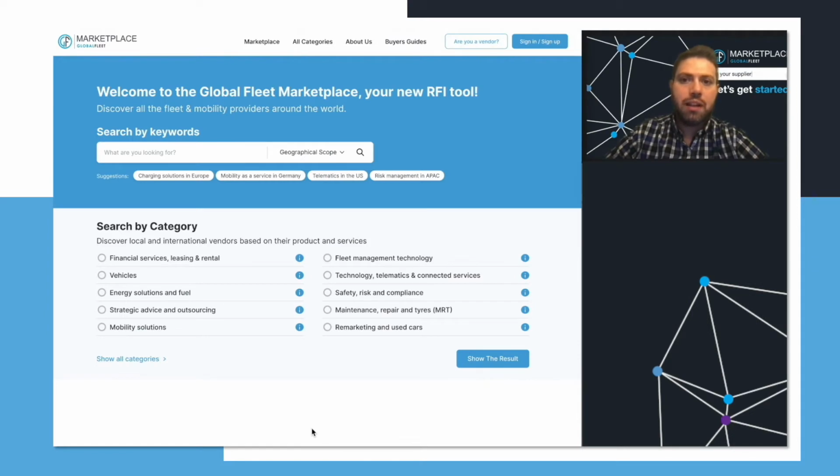I am Sahan Malik, and in this presentation I am going to show you the new marketplace. The marketplace is a digital platform that helps buyers and decision makers to find suppliers and vendors in the mobility domain. The tool is designed to focus on customer needs, and it's designed in a way that is easy to use and easy to navigate. For example, you can find a new company or a service by searching a keyword, or